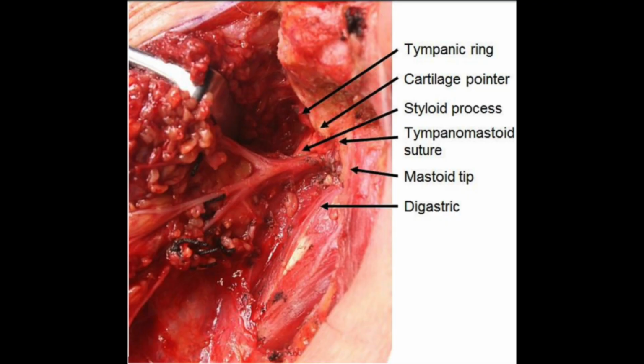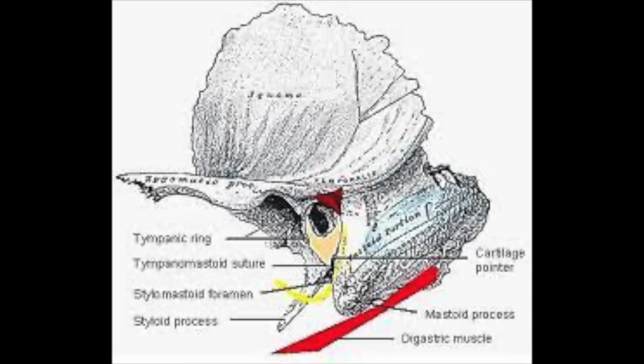Finally, step 6, the fun part. Very carefully, now that you have this plane exposed, dissect slowly, slowly. Of course, no muscle relaxants. Usually you have facial nerve monitors on, but you go down to the exit of the facial nerve, right outside the stylomastoid foramen before it starts to branch at the pes. But you basically find the main trunk of the nerve, and then slowly take your time and dissect it out. Once you dissect it out, parotid should come right out easily as you do that, and that's